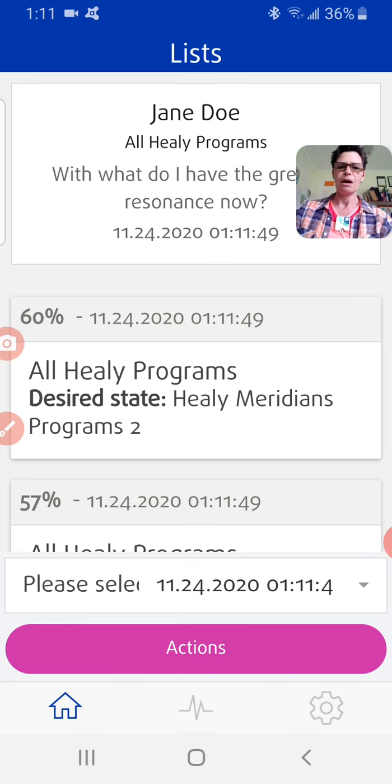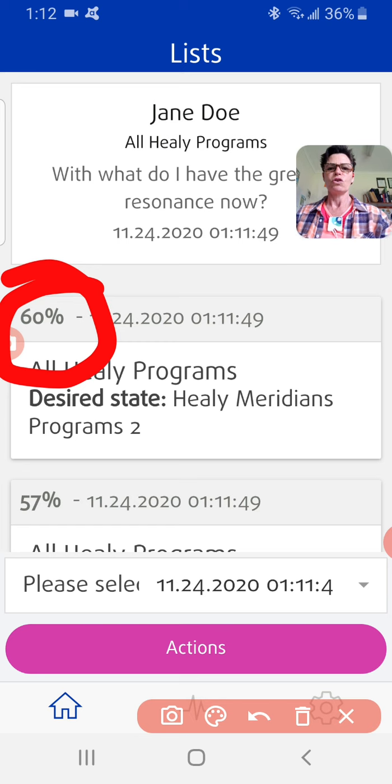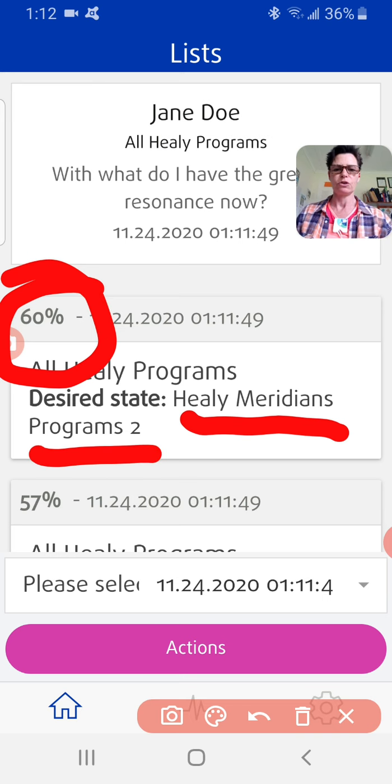So it's come up that, and the higher the percentage on the right hand side over here, the more I need it, okay? So it's come up 60% and it's got Healy Meridians Program 2, okay? So if I look at my program descriptions and I go to Healy Meridians Program 2. Notice that there's 10 programs within that group, so I don't know which ones to run,